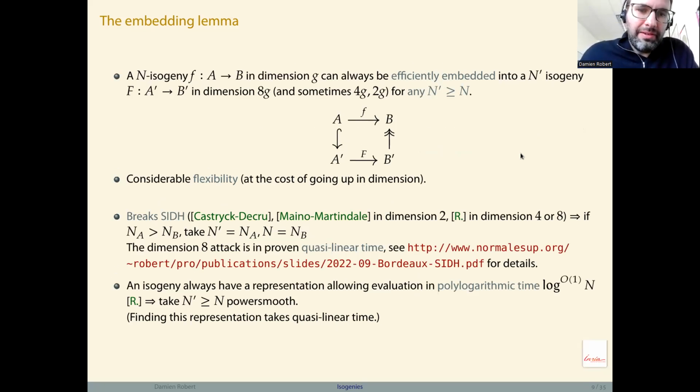So as applications, two thoughts about how this could be used to break SIDH by going in dimension 2. And I also prove in the papers that even if you don't have the endomorphism ring of the starting curve, if you don't go to dimension 2 but 4 or 8, you can always also break SIDH in polynomial time. And actually in quasi-linear